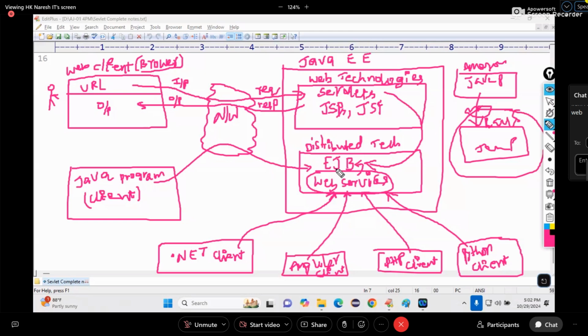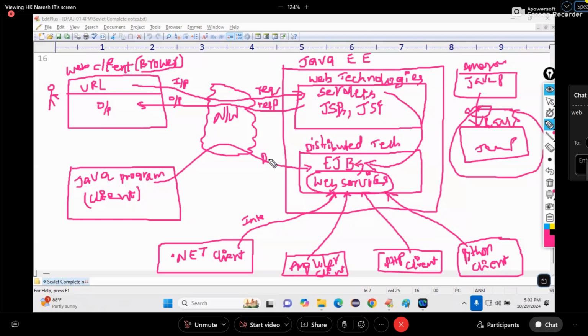In companies, we never access EJB directly from a Java program. We will access it via a servlet or via web services. Via a servlet is the Java flow. Via web services is a different application flow. And tell me, this application is called what? Interoperable. One language to another language connection is developed by using web services. So you all got clarity on it in one diagram. So totally how many applications here? Four. First one, web application. Number 2, distributed application. Number 3, interoperable.